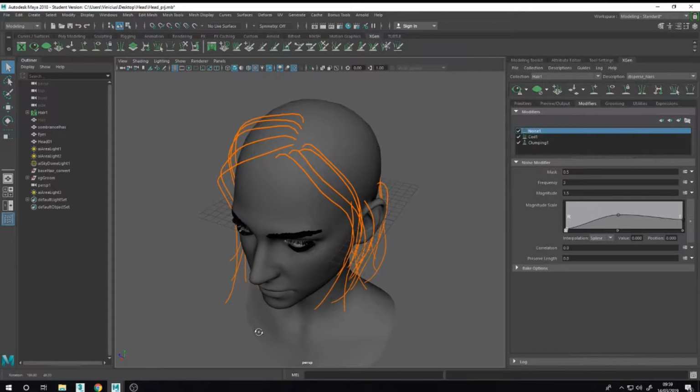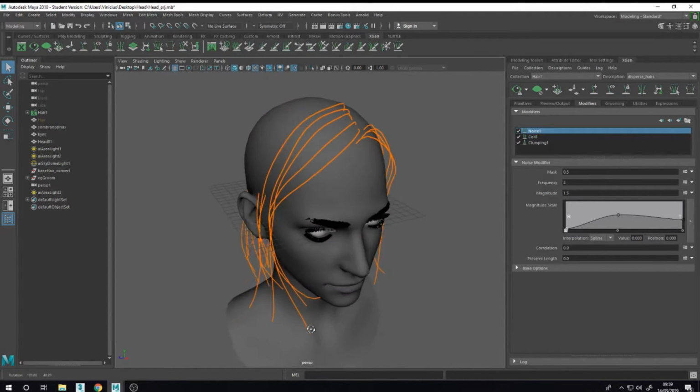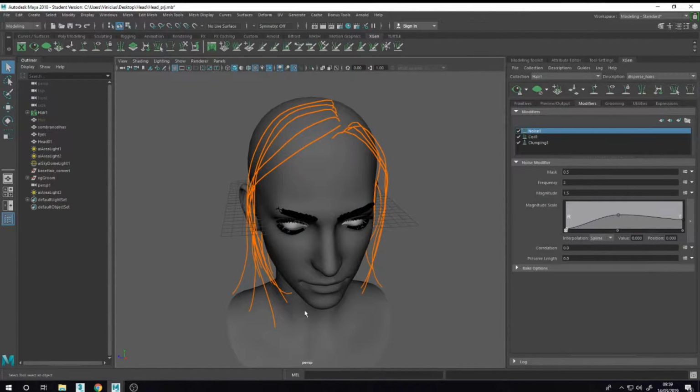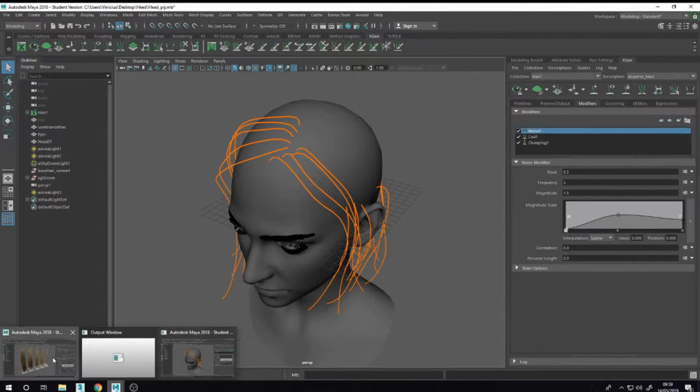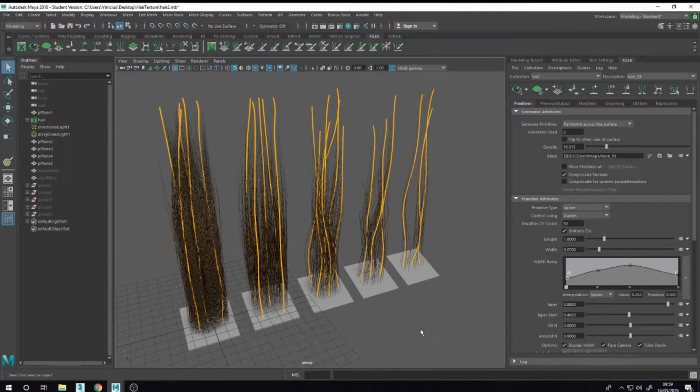You have to have a lot of patience and you will get this too. So let's start with the creation of the hair cards, no, the textures. So let me close here, don't save, and here.